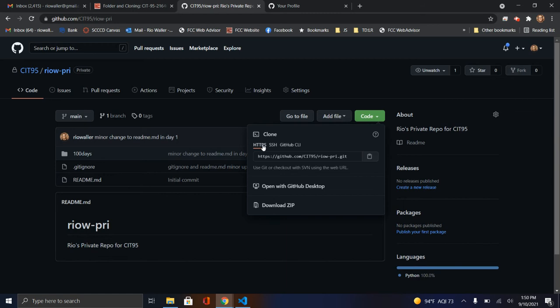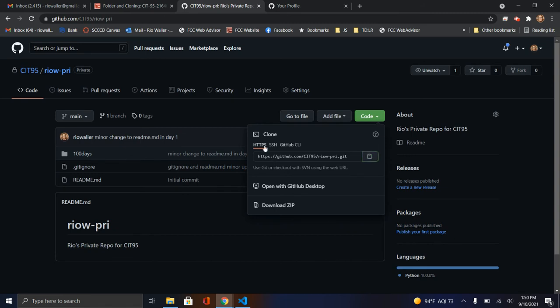We don't want anyone snooping in on what we're doing and what we're sending across the wire, or what we would commonly call the network of the internet. Okay, so at this point I can just copy this. Okay, so we're going to use